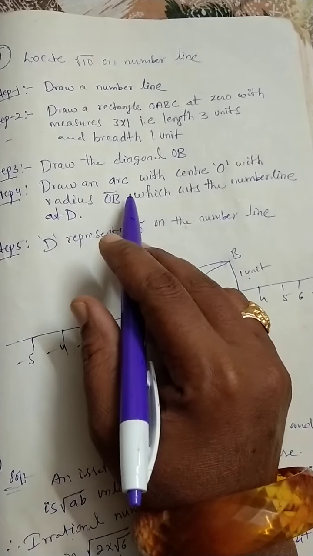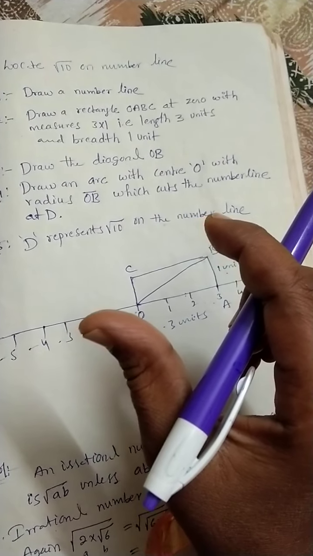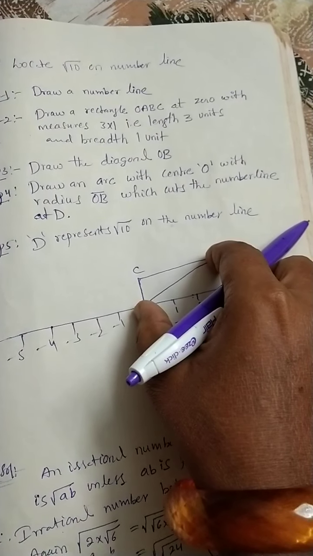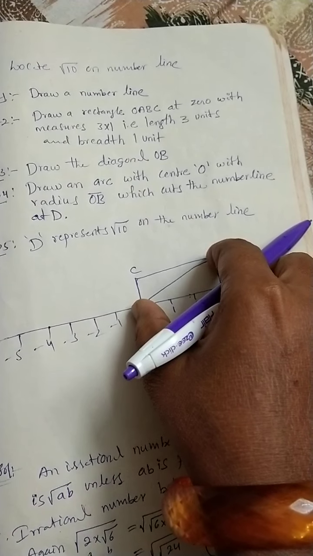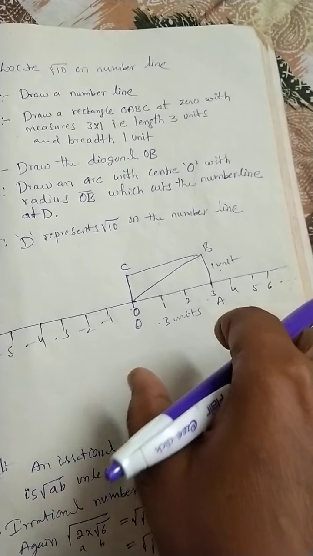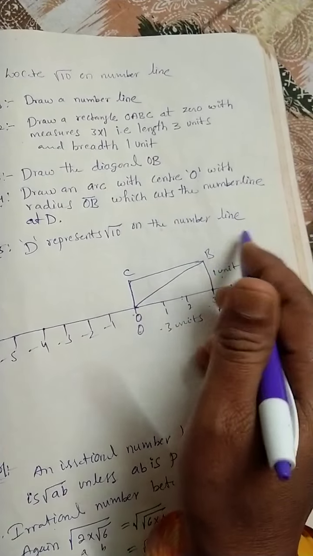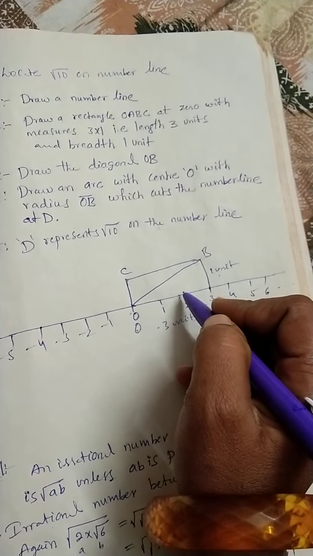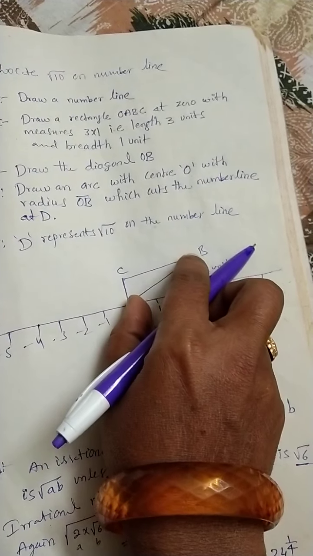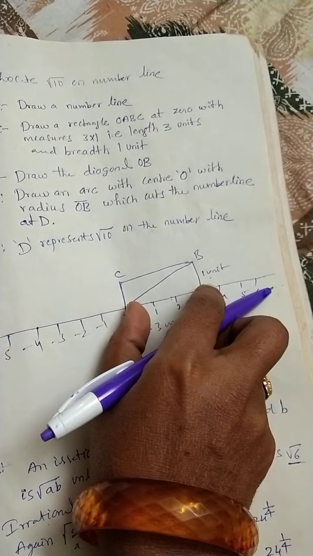Now draw an arc with center O. You can take the compass, and you have to take the radius of that compass as the OB length. You can keep the compass on the scale, and how much that radius will be, that much. With that radius you can draw an arc. With center O you can draw an arc like this, with OB as the radius, and wherever that